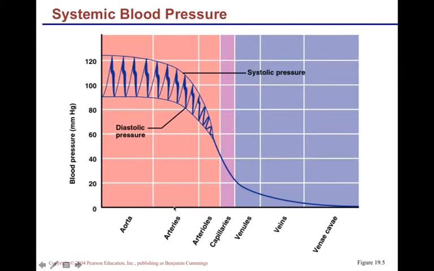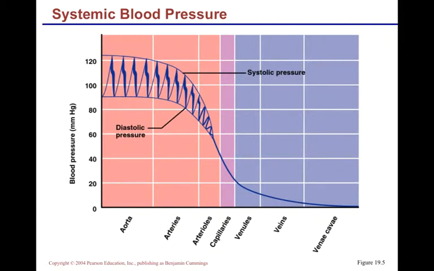Then the next major arteries are the next biggest blood vessels. So again, we can see that the pressure is beginning to drop here. Arterioles are much smaller, and at capillaries there is a reasonably small blood pressure. Venules are smaller still, veins smaller still, and the vena cava is the lowest of them all, because again, it's the furthest